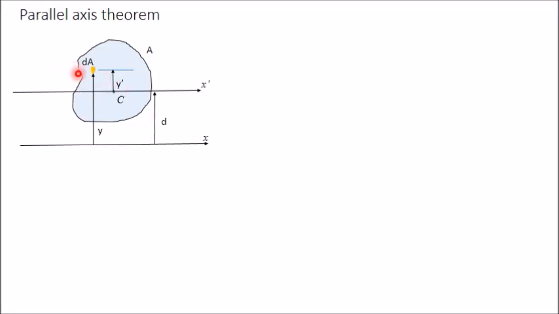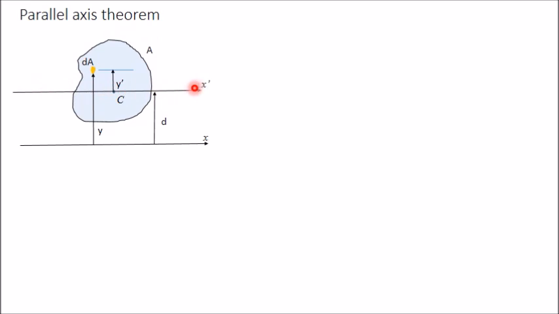Here, this is an area of which this point C is centroid, and from this centroid I have drawn one axis, x-axis, and this axis is called centroidal axis because this axis is passing through the center of this area. If suppose I know the value of moment of inertia of this entire area with respect to this centroidal axis,